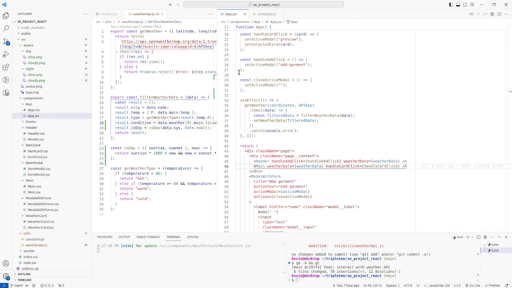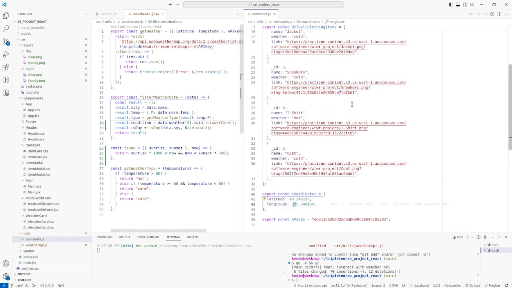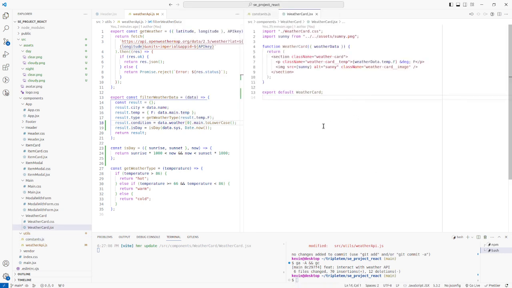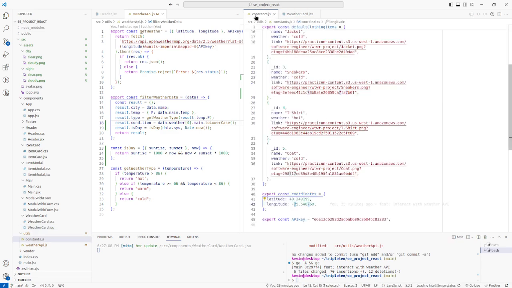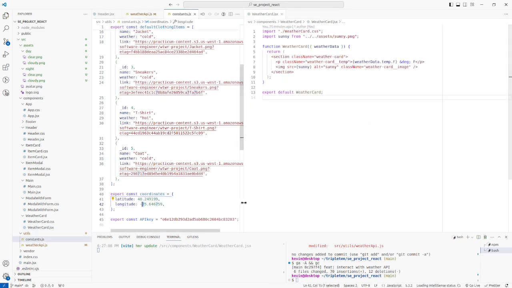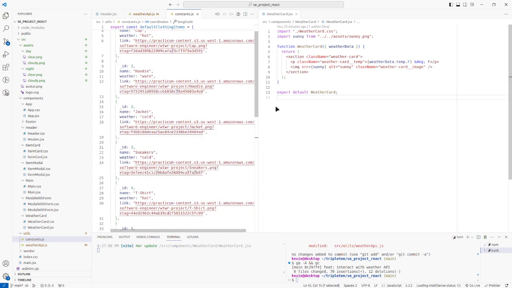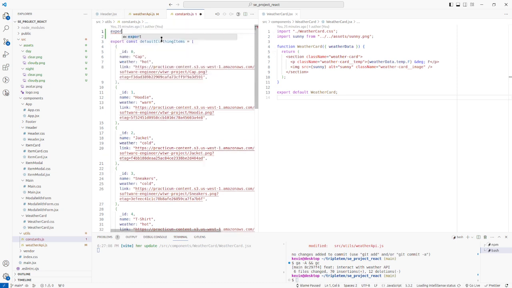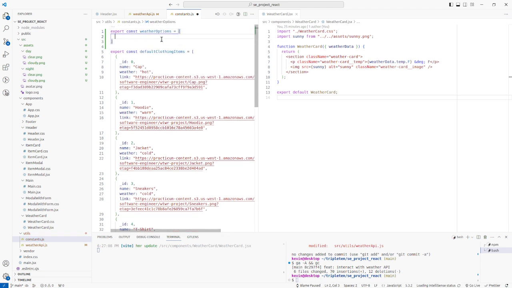Now, back to WeatherCard.js. And actually, I might as well get it set up the right way the first time. We will put the array of data in our constants file, because that's probably the best place to put it. And we'll need to export it. Call it weather options. It's going to be an array. I feel like we could also make use of an object here that might work even better, but we'll just go with this. So what we need is one entry